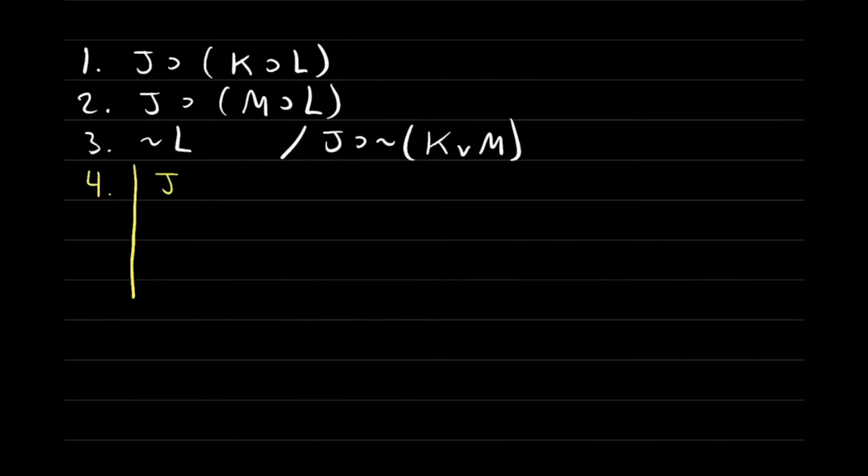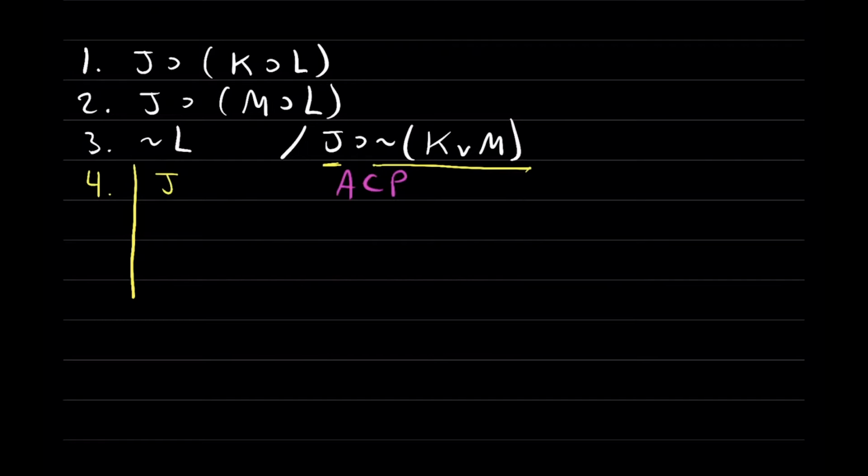And that's going to follow, actually it doesn't follow from anything. You just cited ACP, assumption for conditional proof. Now the goal, just to reiterate this: you start out by assuming the antecedent, and we're trying to prove that the consequent follows. So I'll be done with this indented conditional proof sequence when I get the consequent of this conditional, it's not the case that K or M, on its own line inside the scope of that vertical line